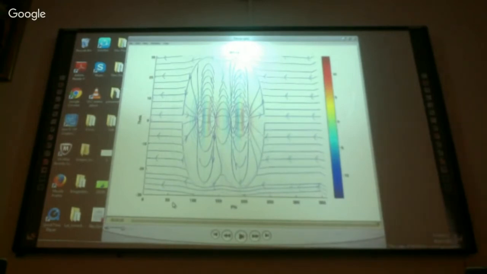So essentially what is happening is it's moving towards a force-free state. The velocity is proportional to J cross B. So when J cross B becomes 0, the system reaches a quasi-equilibrium. I use the word quasi because you still have the diffusion term. So the system is trying to move towards a force-free state. This also resembles a potential field because initially you don't have any sources of current. So let me show you the